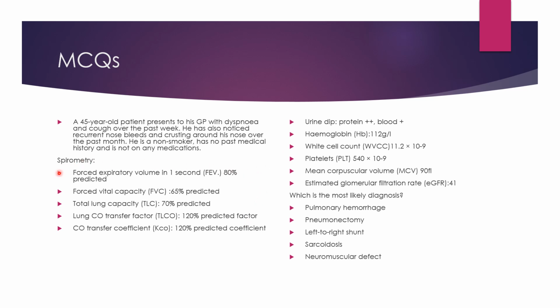So this is the pulmonary function test that I want you to concentrate on, and there are some other supporting investigations as well, such as urine dip positive for proteinuria and blood hemoglobin is 112 gram per liter, white cell count is 11.2 into 10 to the power of 9, platelets is 540 into 10 to the power of 9, and MCV is 90 femtoliters, and estimated glomerular filtration rate is 41. What is the most likely diagnosis in this case? So the options are pulmonary hemorrhage, pneumonectomy, left to right shunt, sarcoidosis, neuromuscular defect. So this is the question,